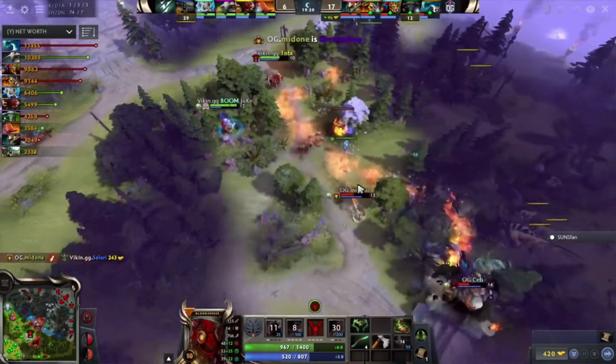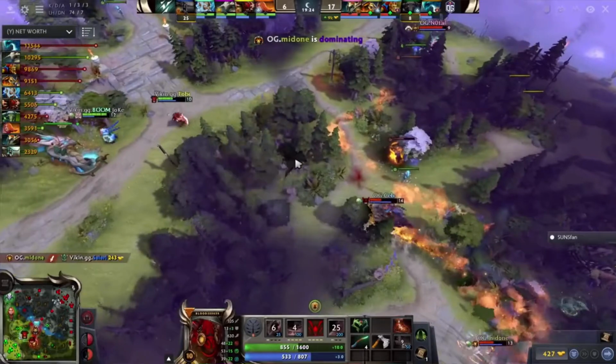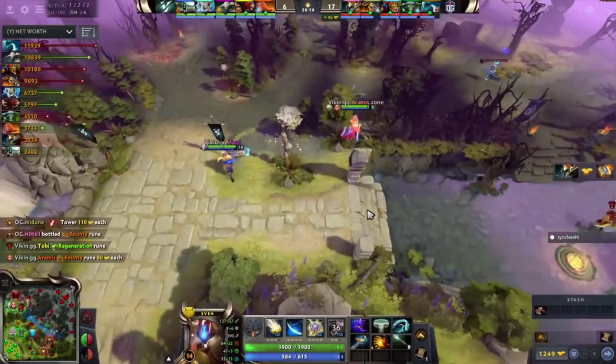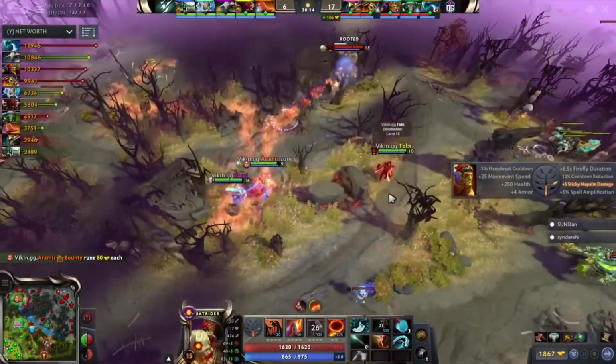As there's the Zeus ult, but it's not going to be nearly enough to take anybody out. The Undying just melts. As that is the Desolator reveal, I do believe, for mid one. Any combination of any 2 of OG's heroes is actually a kill. Oh, he has backup, so